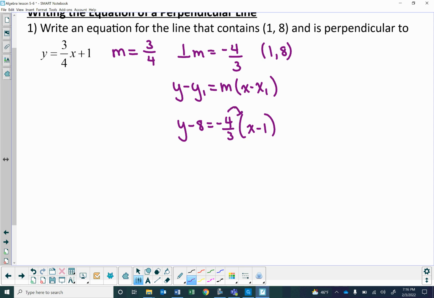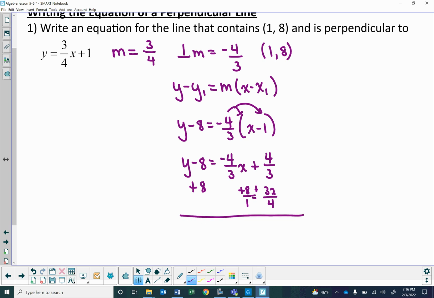Let's distribute. So y minus 8 equals negative 4/3 x. Negative 4/3 times negative 1 is positive 4/3. Make sure you're careful with your signs. I'm going to add 8. Adding 8 over 1 is the same thing as adding 8 times 4 is 32 over 4. Okay, we just found a common denominator for the fraction. So y is going to equal negative 4/3 x plus, okay,